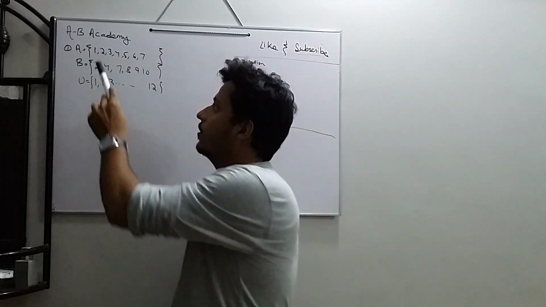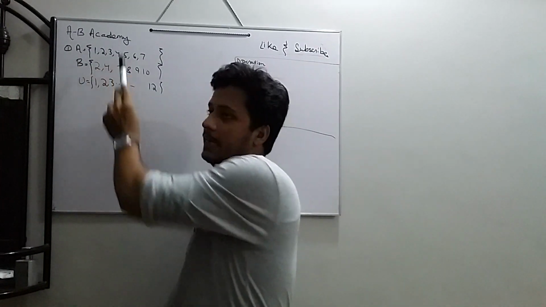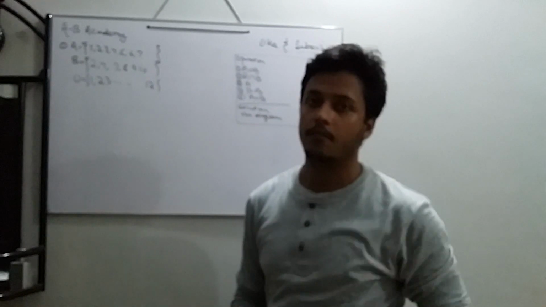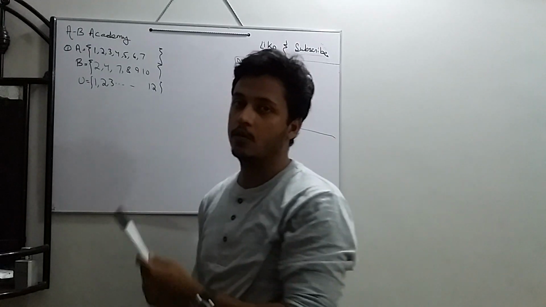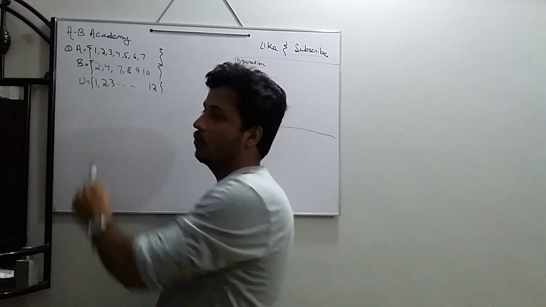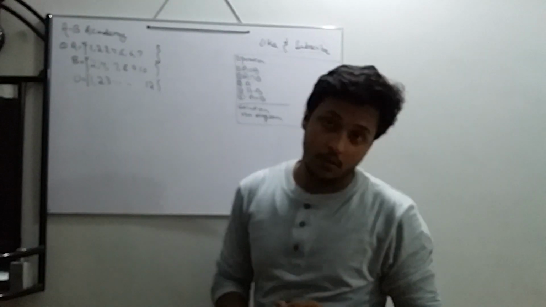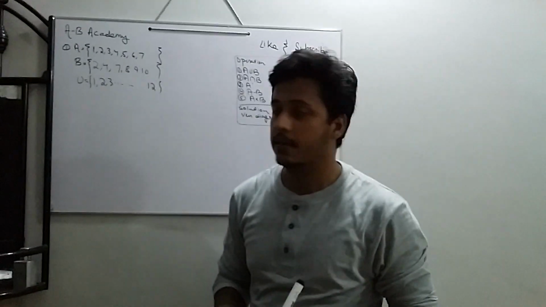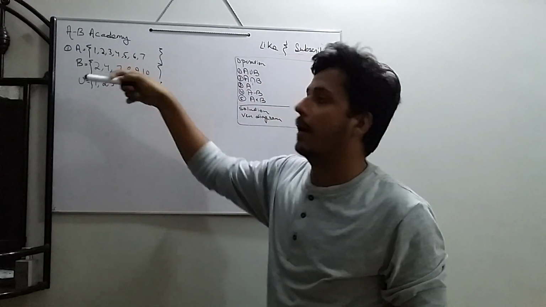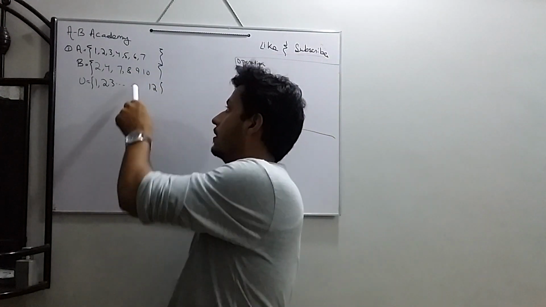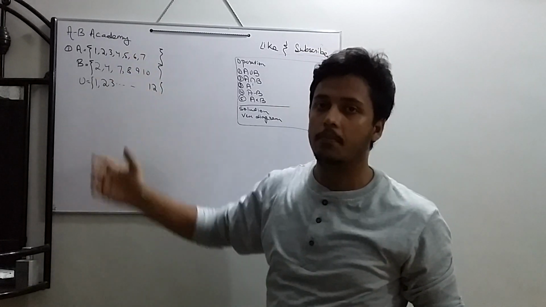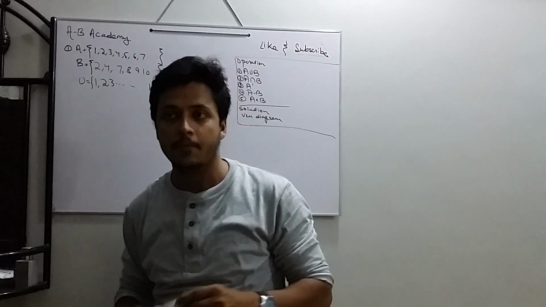Okay, we have 3 sets over here. One is A set, which includes numbers from 1 till 7. We have B set, which includes 2, 4, 7, 8, 9, 10, and we have a universal set. The speciality of the universal set is that it contains all the elements which are in either of the sets, plus there is one more, which means it has an extra element more than these two combined. That's why it's called a universal set.